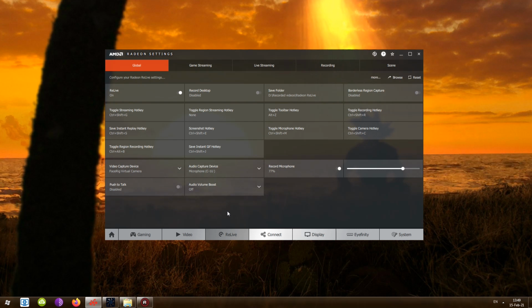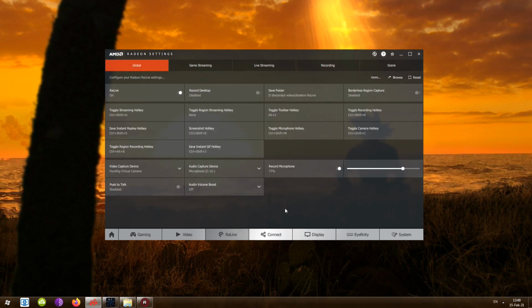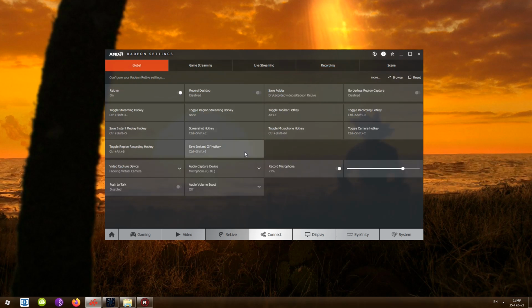Overall, the features that it displays, not just recording but also streaming, obviously I didn't check them out, but they're there. But when it comes to recording, a bunch of stuff is present, a bunch of options, customization, and first and foremost, recording a separate microphone track is a great feature. There is no watermark or crazy pop-ups or anything like that. So you need to fill in two criteria. If you have an AMD graphics card and if you are not experiencing these issues, without a doubt this is a